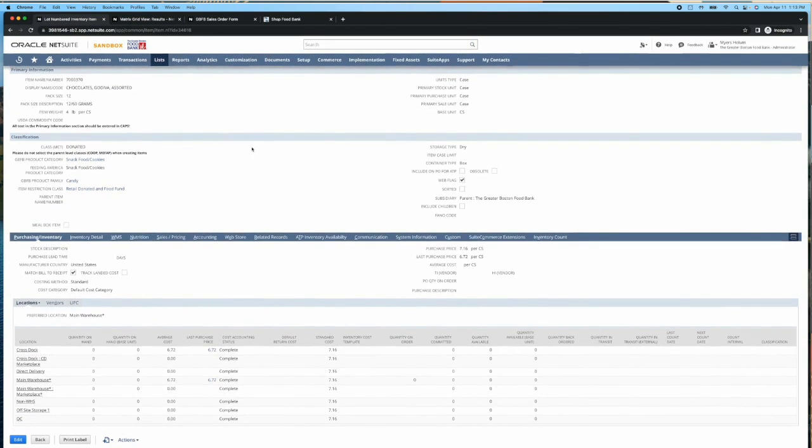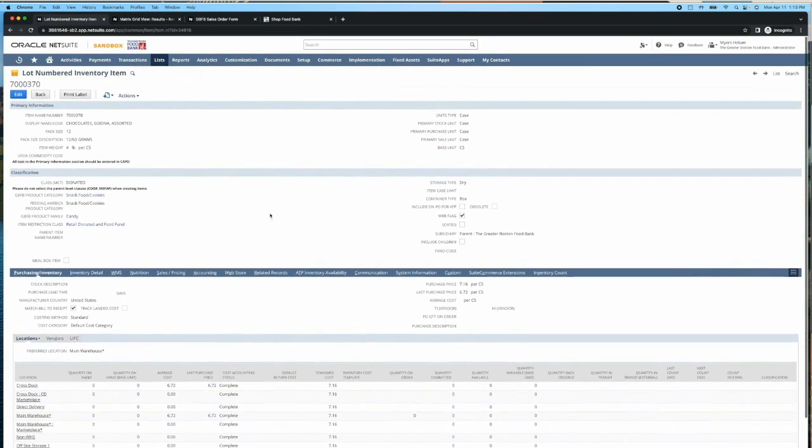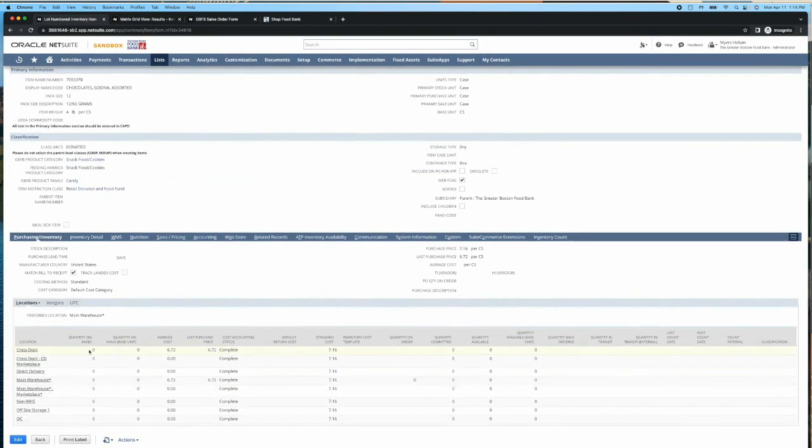Within NetSuite as well, I can see all of the inventory that I have across all of my locations. So right now for this item as an example, we're currently out of stock in all locations. But if I have multiple locations or even sub-locations within a warehouse, I can see the quantity on hand, the average cost by location, as well as the quantity that I have committed to our agencies and that quantity available as well. I can see the current purchase price, last purchase price of food, obviously the average cost,